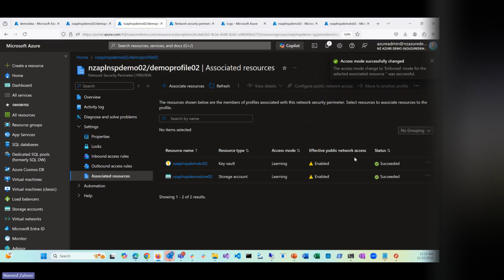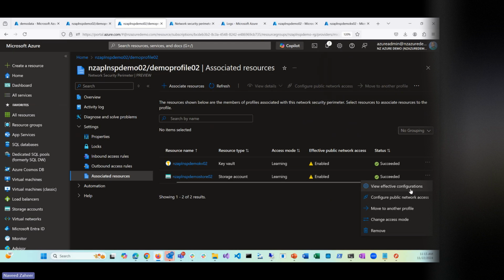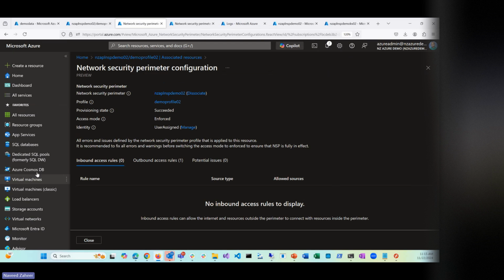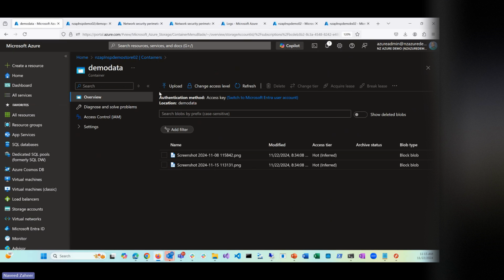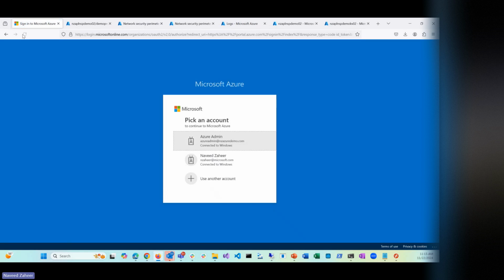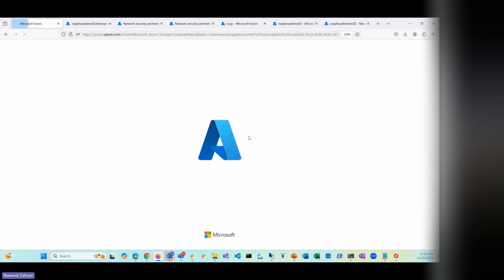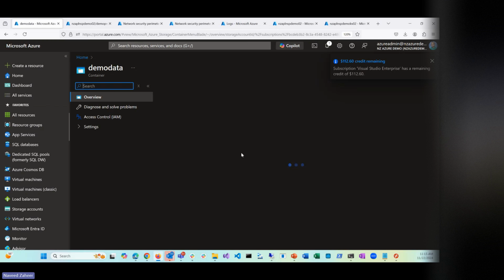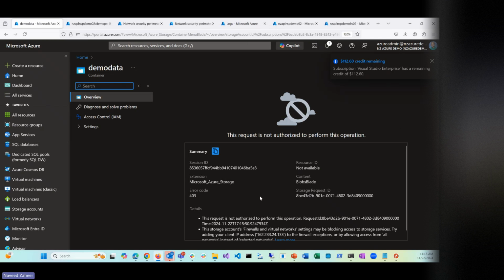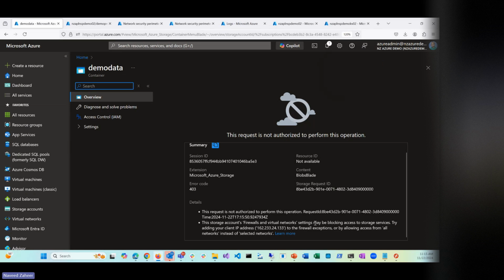Okay. Since that is now in force, it also shows you the effective configuration. Look, there is no rule name, so there is no inbound access to it. Unless you have a private endpoint, this storage account is not accessible, which is not the best way to access it. Give it a second. You see, it says if the request is not authorized, it is blocked, and this IP